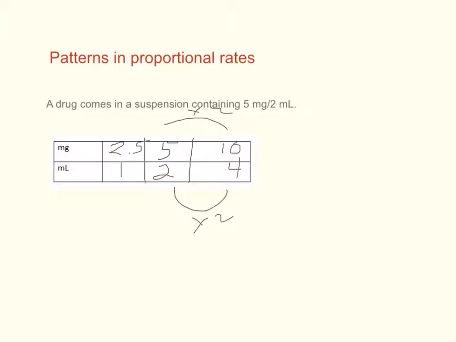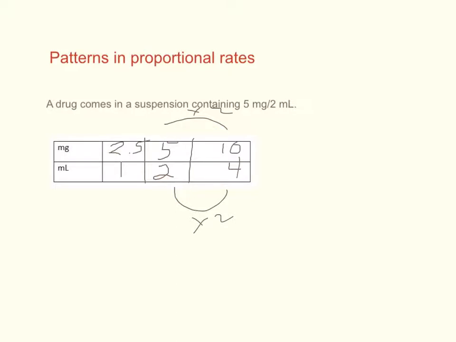So now when we analyze this table, there's proportionalities in every direction in this table. The milligrams are always 2.5 times the number of mils. So in other words, 5 is 2.5 times 2, 2.5 is 2.5 times 1, 10 is 2.5 times bigger than 4. Okay, we've already talked about the relationship going horizontally, so 5 is twice as big as 2.5, just as 2 is twice as big as 1. And same going here, the 4 is twice as big as 2, 10 is twice as big as 5,